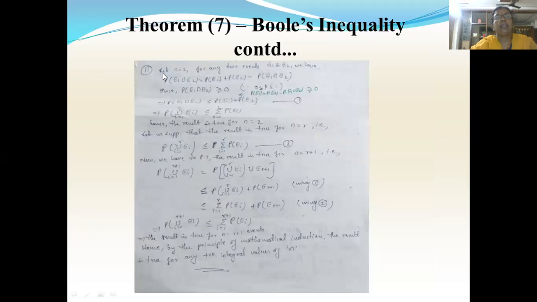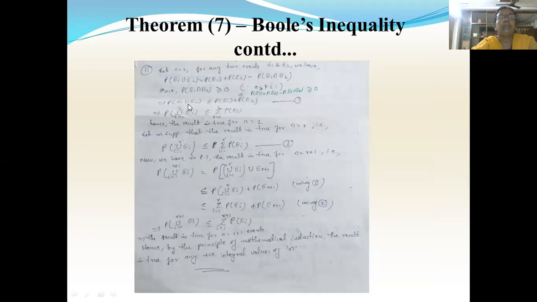First again we have to take n equal to 2 events. So when you take n equal to 2, if I am taking E1 and E2 events, we have P of E1 union E2 equal to P of E1 plus P of E2 minus P of E1 intersection E2. That is again, as I said, the addition theorem of probability for 2 events. Now here what we consider is the axiom of positivity. That is, any probability should be greater than or equal to 0. So here also P of E1 intersection E2 is greater than or equal to 0.